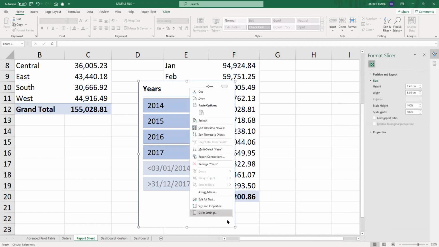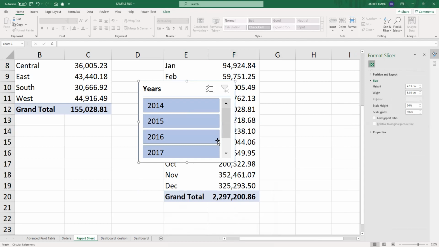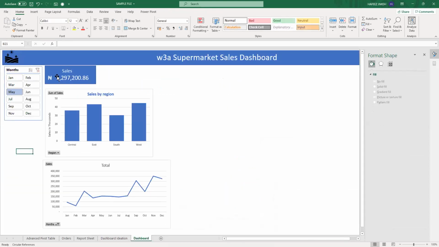Slicer settings, hide items with no data. Okay. Hello. Please, how do I get... What's the function of the slicer table? The slicer. Look at what is happening now. Look at this January. Look here. Is that a joker? Yes. The function is that